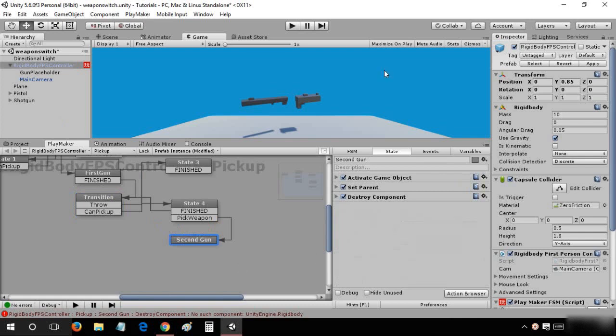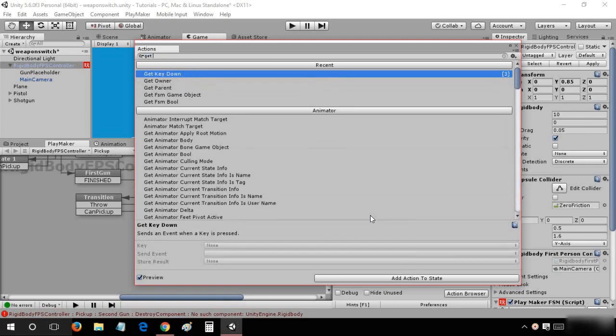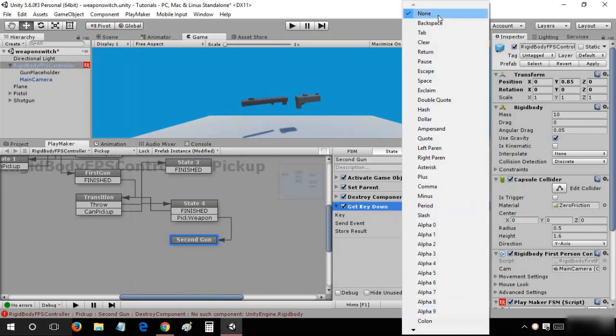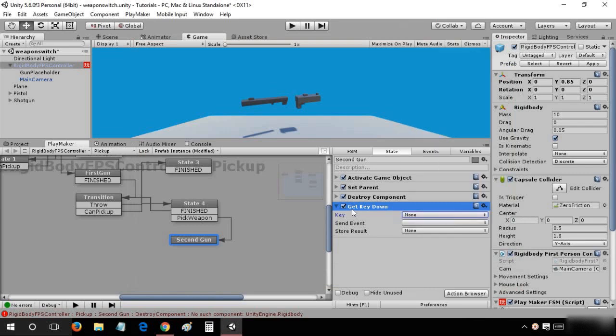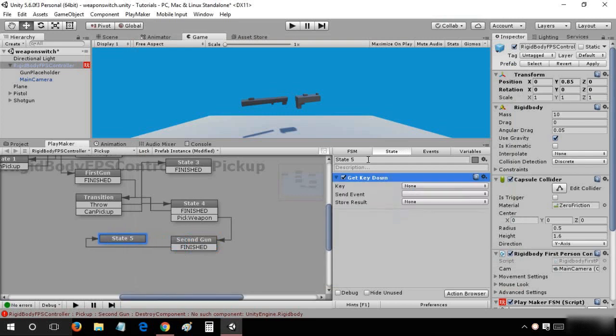So if I get key down, and that's going to be my tab key. Okay, let's just finish this state and come to this. Both guns equipped. Yeah. If I press tab,